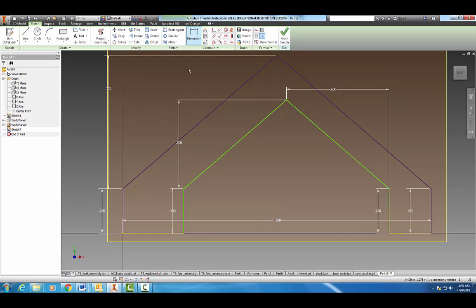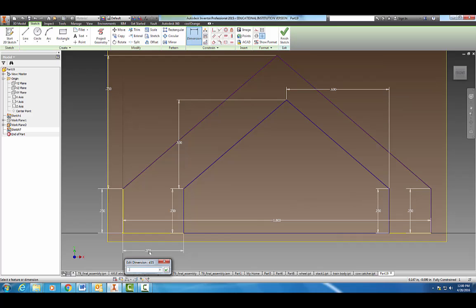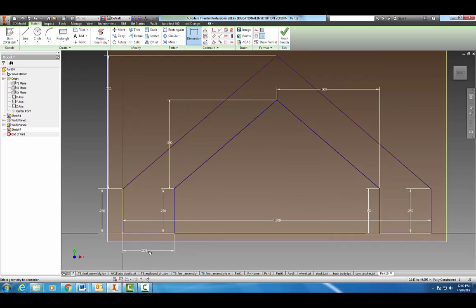If you look at your dimensions, it's exactly 0.3 inches from that edge, and I need to project geometry of this edge here. We need to dimension it from this edge to this edge, 0.3 inches. Okay, now we're fully constrained,